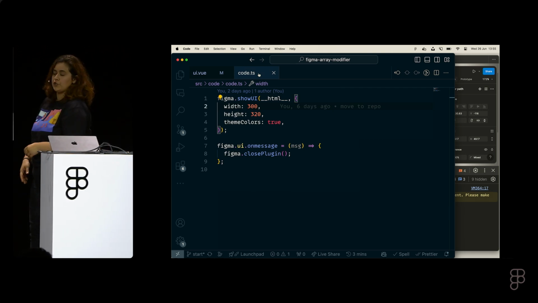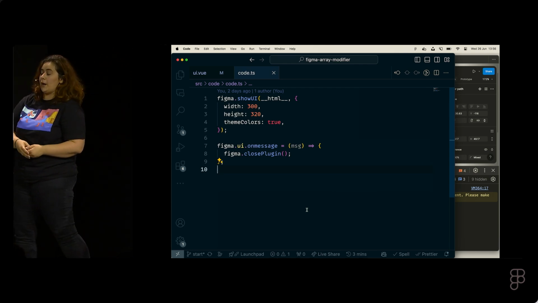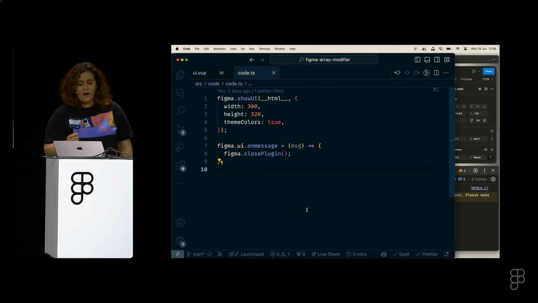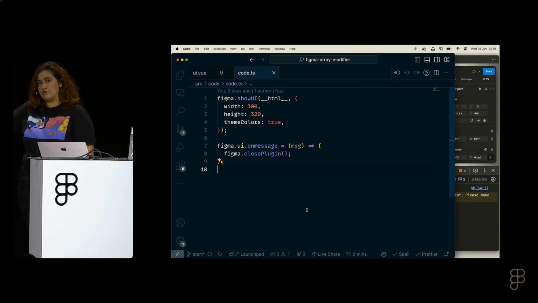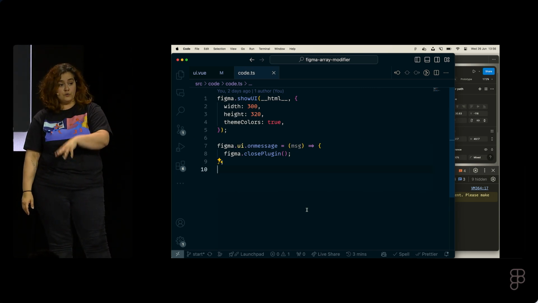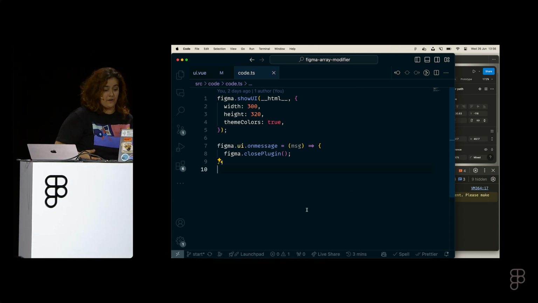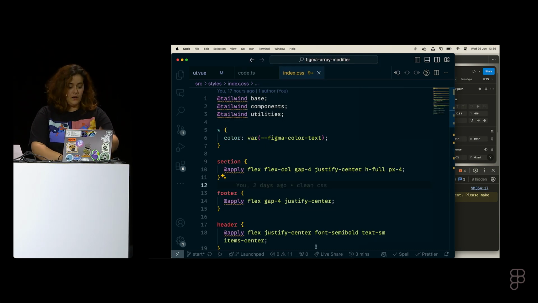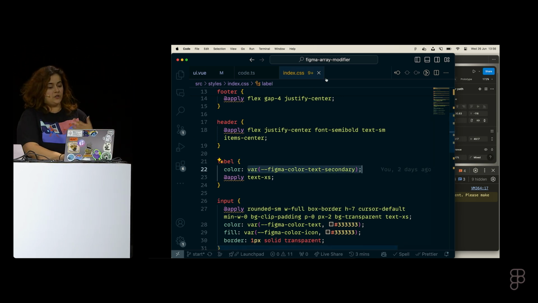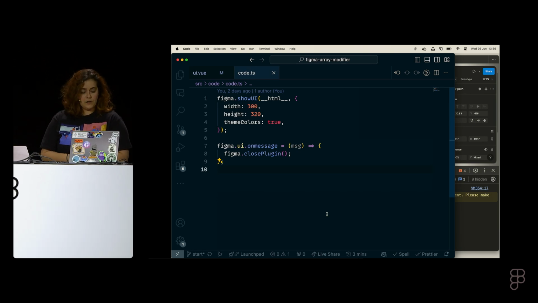We tell Figma, okay, show me this UI. I pass it the HTML. I tell it the width and height. And very important, I actually didn't know about this, is that you can pass themeColors true. What this does is that it gives you access in your CSS to all of the colors that Figma uses for variables. So this plugin, for example, has been styled using the variables that Figma provides. Like if I open my CSS, this is all variables that come from actual Figma. So it works in dark and light mode. Really cool, I'm a dark mode person. You probably already noticed that because everything in my computer is in dark mode.